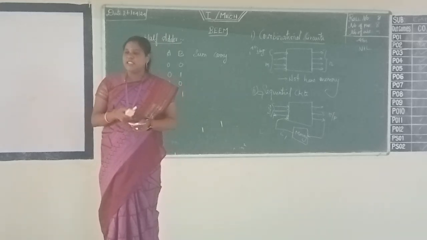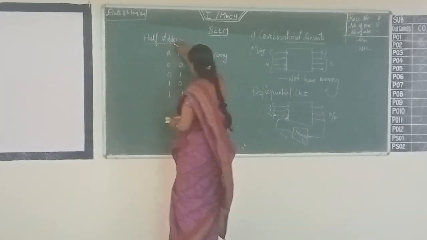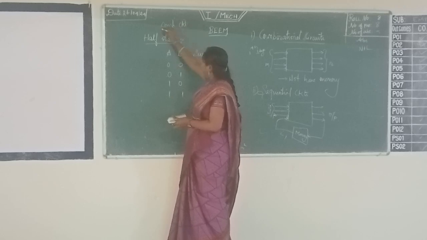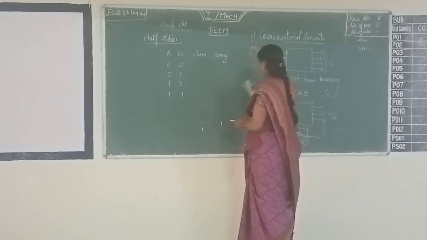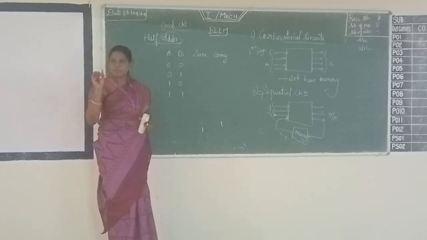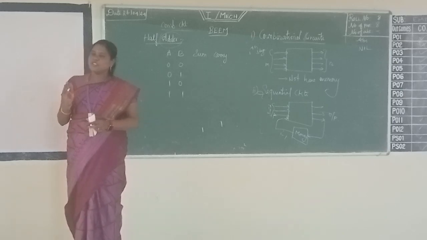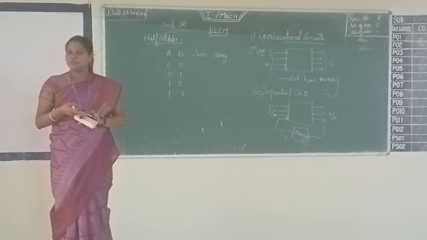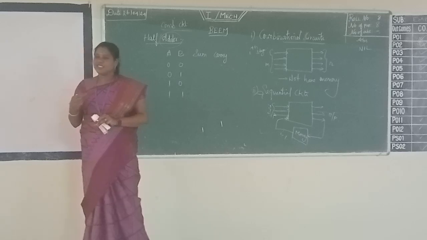And these circuits can be built by using the logic gates. So the first combinational circuit we are going to see is the half adder. What is a half adder? It's a type of combinational circuit. A half adder is nothing but a circuit which performs the addition function, a minimum function, which has only two inputs. How many inputs does a half adder have? Only two inputs. Suppose I have two inputs, how many combinations do I have?